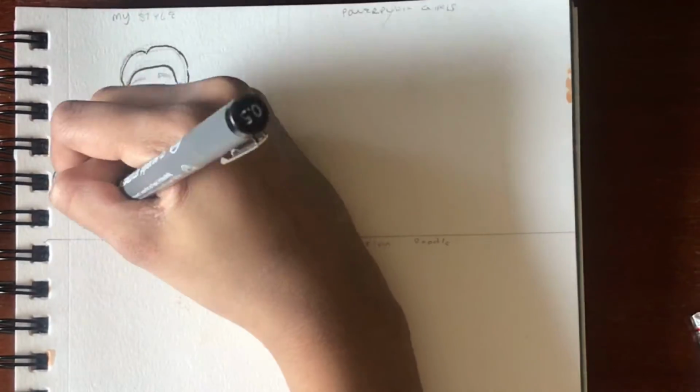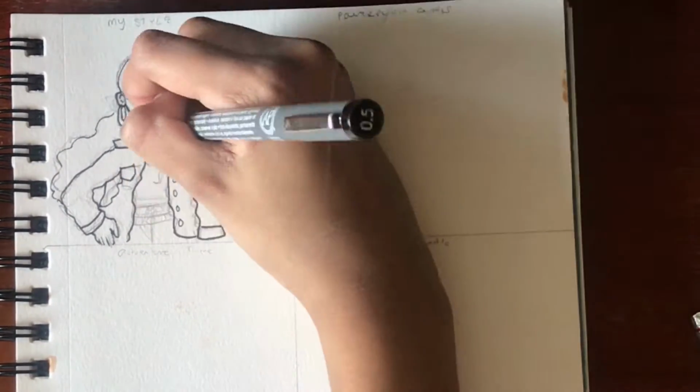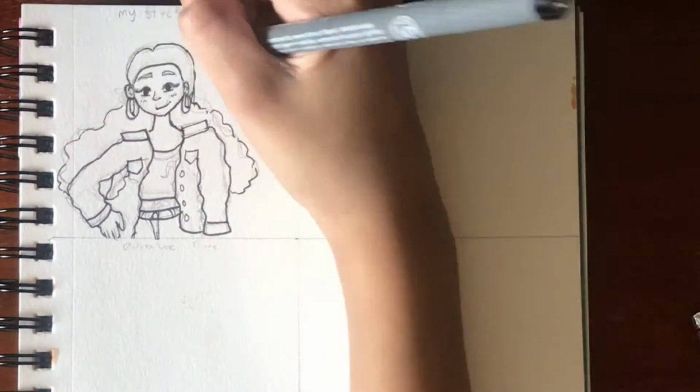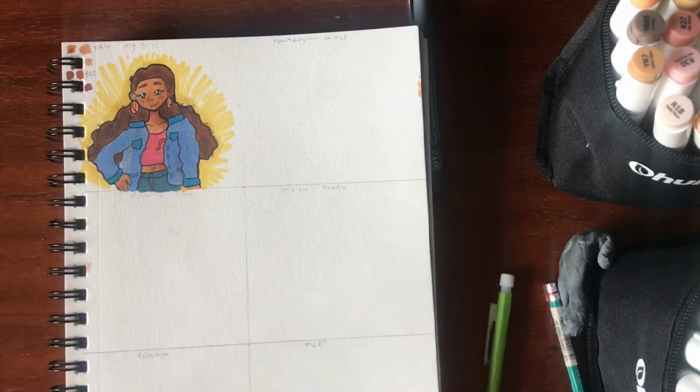I'm still really liking this design. This first time took the longest because it's the first time I did it and I wasn't really familiar with the colors, so I get faster and faster. We're soon going to jump to a colored version because I colored it off camera just to make sure I liked the colors. So now that I had a finished reference to use for all the other styles,